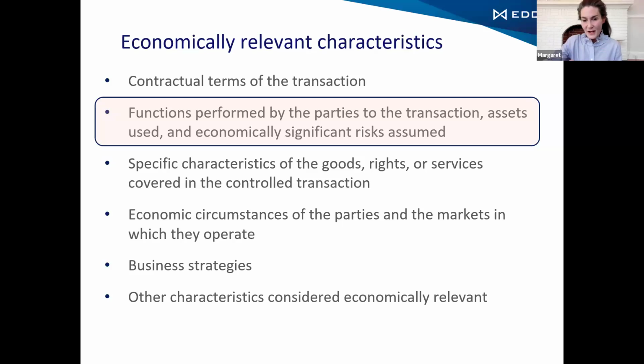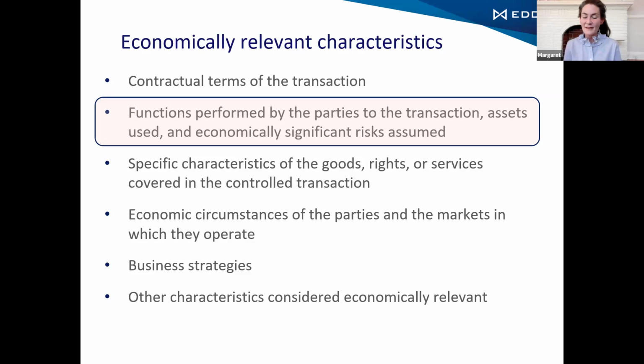This slide actually comes from the publication from your tax authority. And this is the list of the things that need to be considered when you're trying to determine comparability. I've highlighted the second bullet because it's the bullet that you will hear most often from a transfer pricing person. It's the functions, the risks, and the assets. I dream about functions, risks, and assets. You talk about it all day long. Even clients begin to talk about functions, risks, and assets.